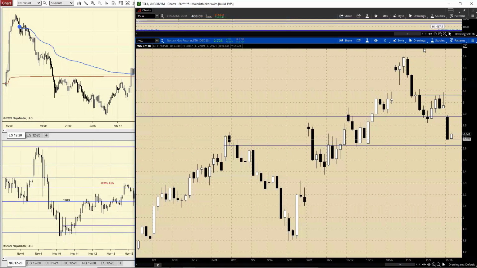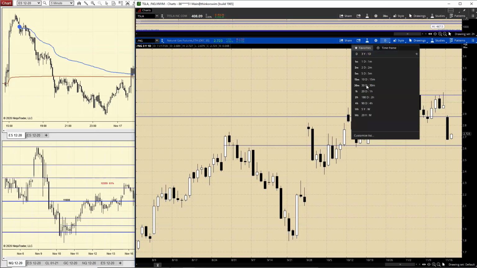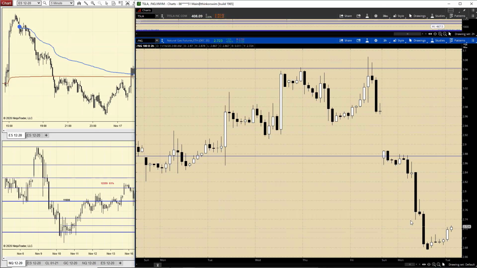If you can get a rally back, you'd be looking at 275. I don't know if it'll make it up to 278, but immediate resistance is going to be 275.7. Think of it as 276, with stops at 278, but I would say those stops would be on a 2-hour close, not just taking out the stops.